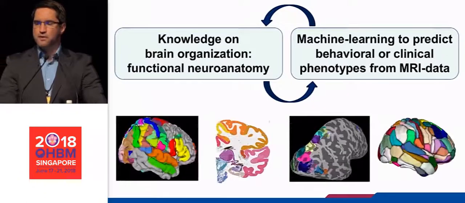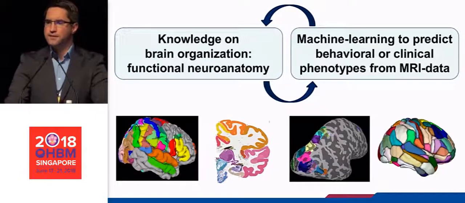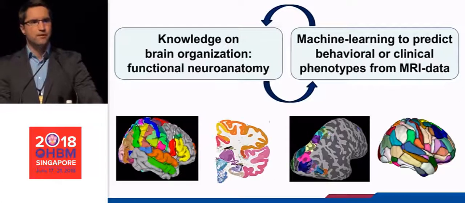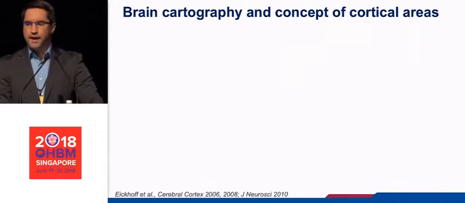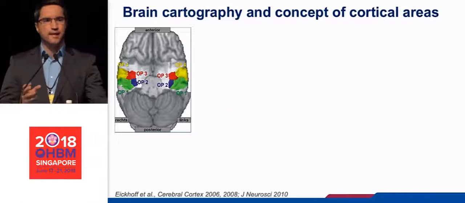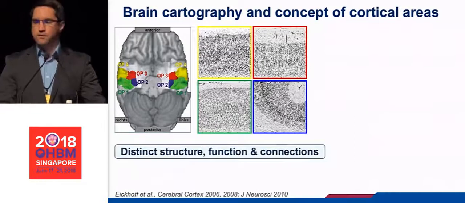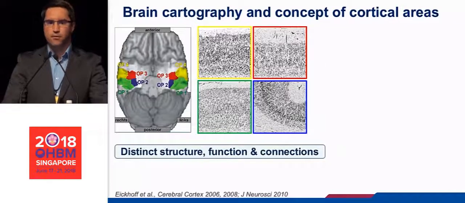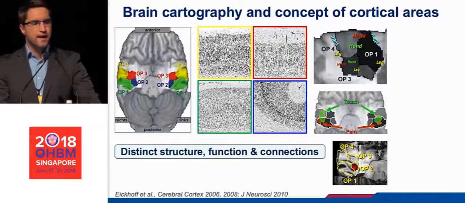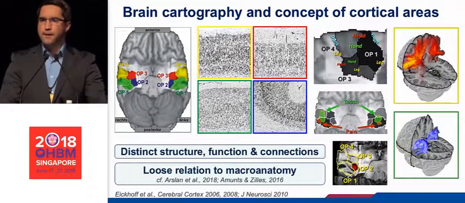In contrast to any other organ in the body, the brain is topographically organized. That is, it is made up of several distinct units and cortical areas. And the key idea is that each of these areas is distinct from its neighbors in terms of its structure, both micro and macrostructure, in terms of its functions, and in terms of its connectivity patterns. Importantly,